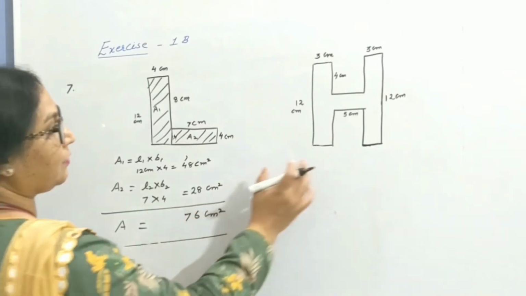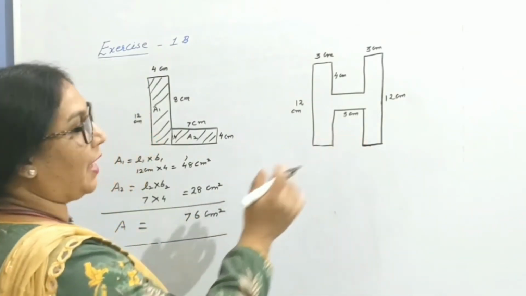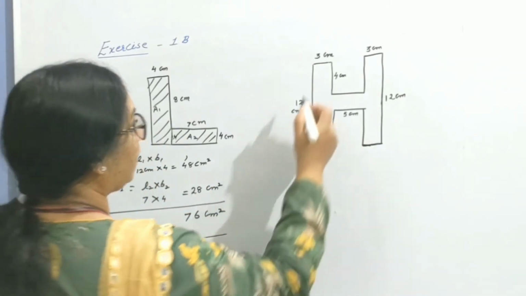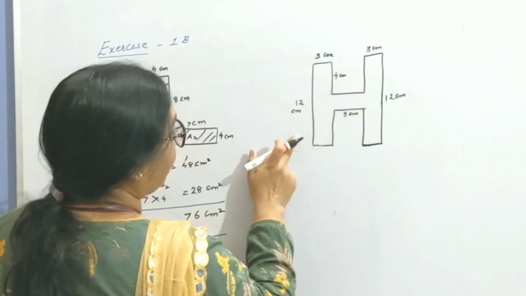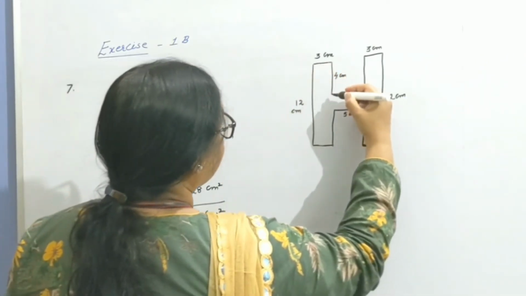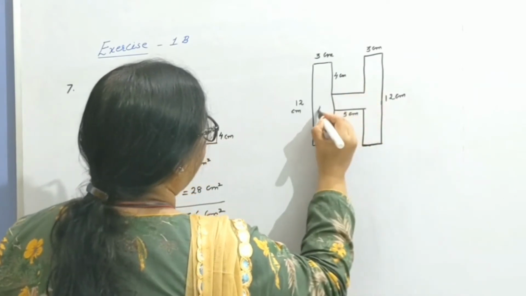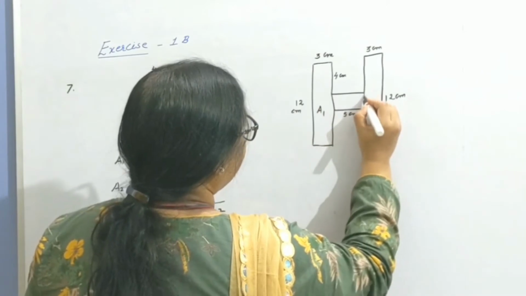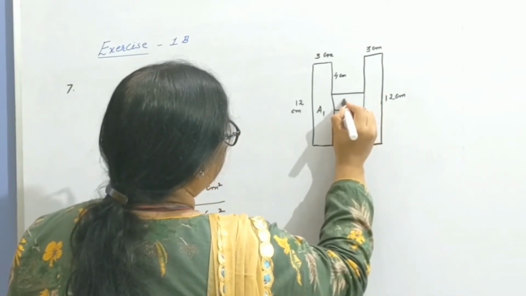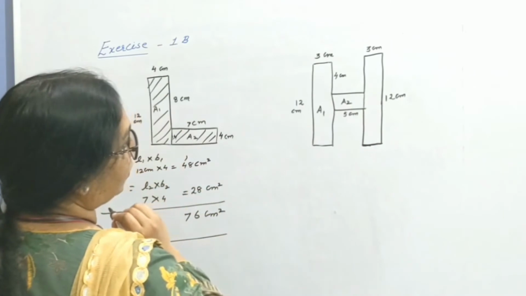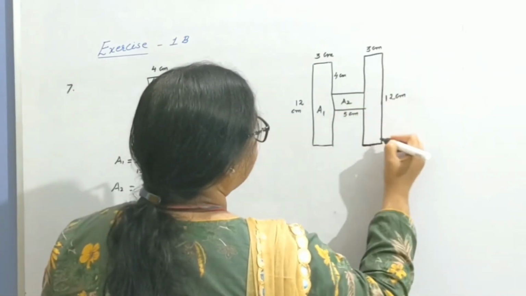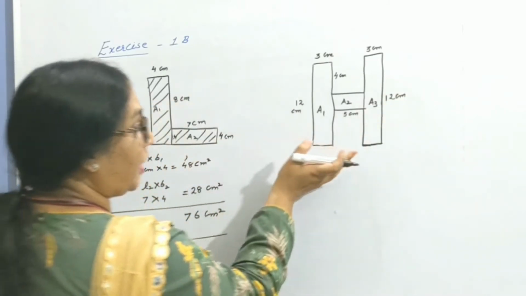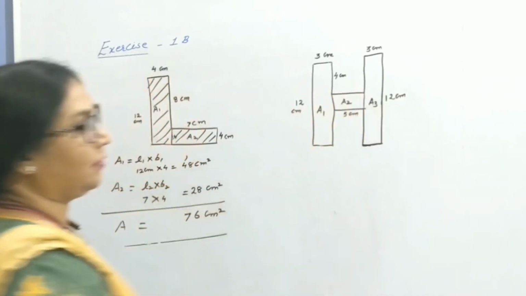Now similarly, let us divide the given figure into different rectangles in which we can easily obtain length and breadth. If you see this first one, we are already given 12 centimeter by 3 centimeter. So let us consider this as the first rectangle and its area be area 1. Let this be the second rectangle in which the area covered is A2, and this is the third rectangle and its area will be A3. What will be the area of the shape? A1 plus A2 plus A3.